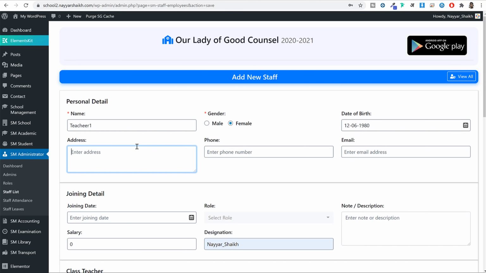So whenever something happens, or in case of any emergency, you have the address, phone number, email address, everything related to that teacher. So you can enter the personal address of the teacher. You can enter the mobile number of that teacher. Then after that, you can enter the email address of the teacher. So let me create a very dummy email over here,